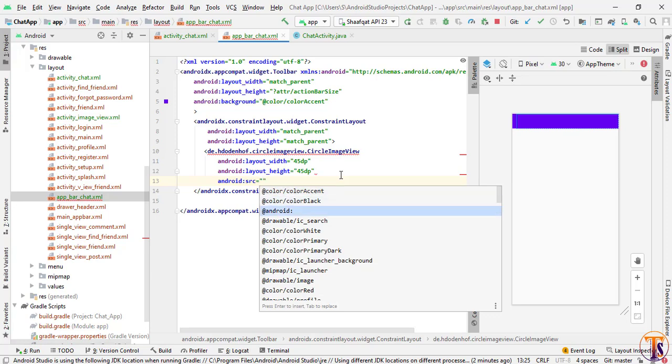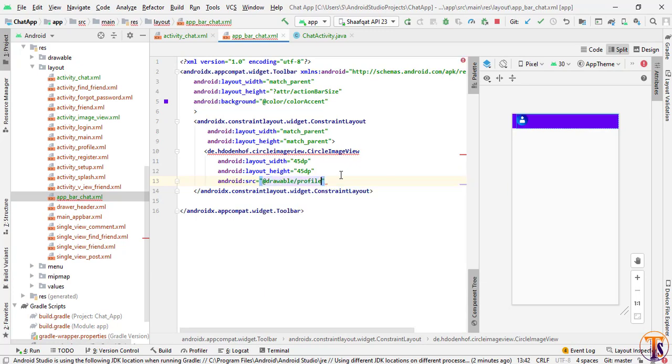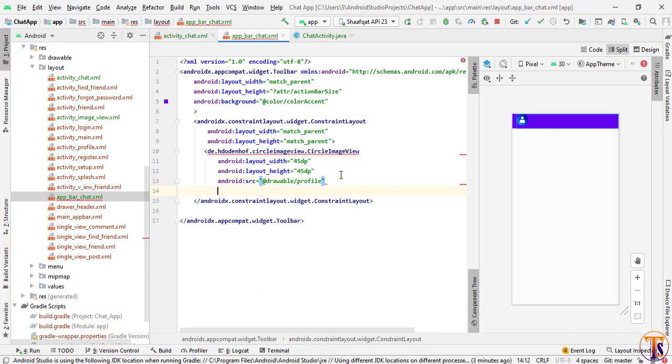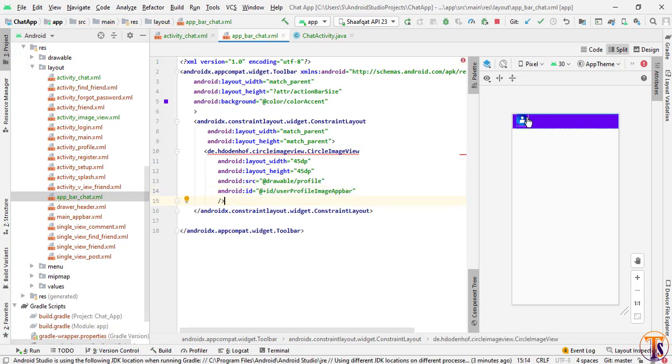Let's say I select here user, not user, it's profile. Okay, give the id. Okay, close it. Now we need to add the constraint.